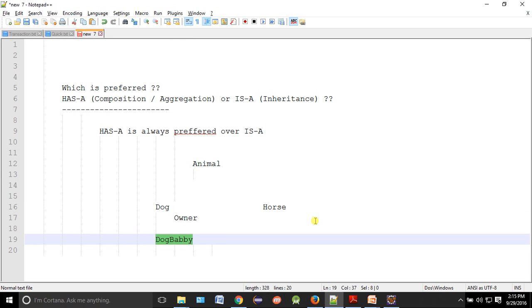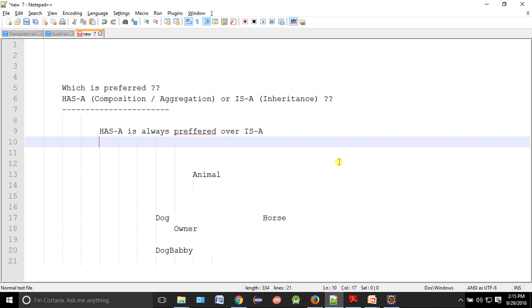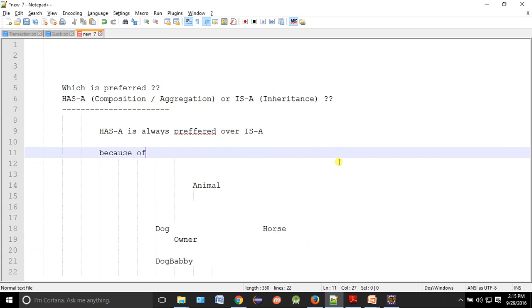Are you able to understand? So if you use IS-A, it is okay. You can do your task, but what is the problem? It will consume more memory basically. Why? Because the properties will flow through all your other subclasses. So that's why we said HAS-A is always preferred over IS-A, because of memory utilization.